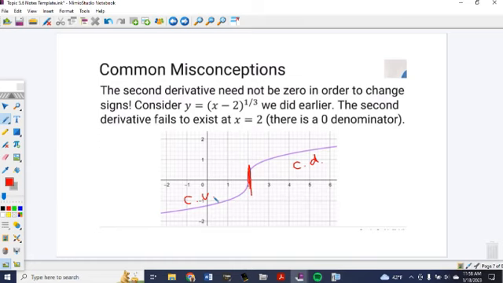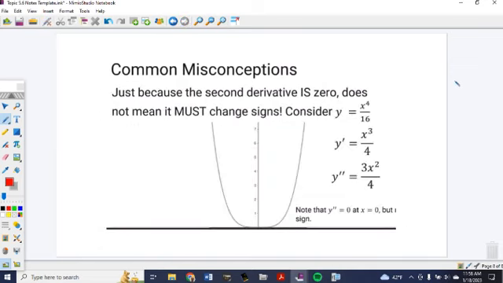Another common misconception. Just because the second derivative is 0, that does not mean it must change signs. We start off with this function, we take its derivative, we take its second derivative. If I set this equal to 0, I get 0. But notice something. There's no change in sign. This is concave up everywhere. So you do have to go back and consider what's going on with the function from all aspects, and that will help you in dealing with concavity. And we will stop